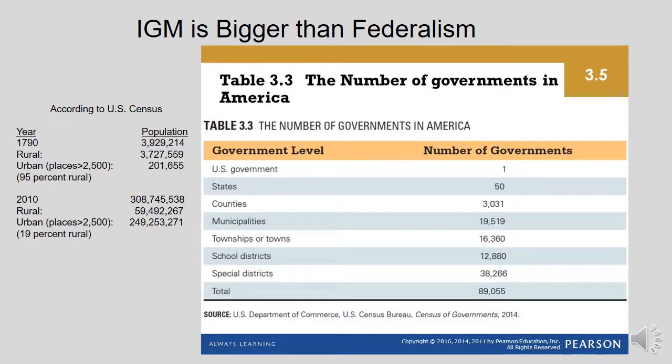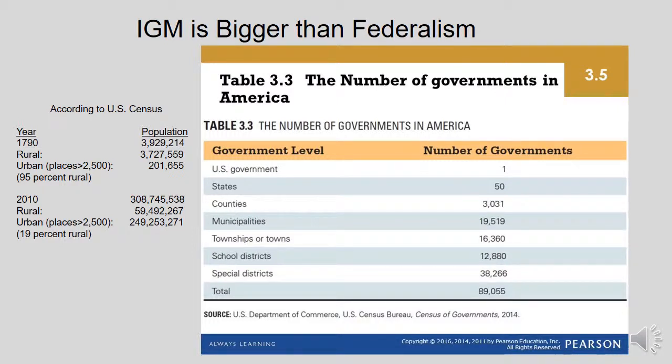So only about 19 or 20% of our population is rural now, compared to 95% of our population in 1787 when the Constitution was written, or 1790 a couple years later. And so that might explain why the founders, the writers of the Constitution, really weren't thinking much of what happens in the cities. Maybe they weren't contemplating that we would become as urbanized as we have. And certainly with transportation technology and communication technology as it was in 1787, it would be reasonable to expect that most people weren't going to settle in cities.